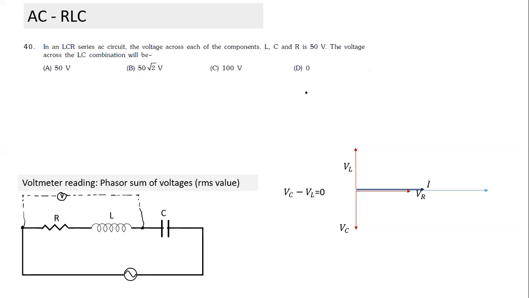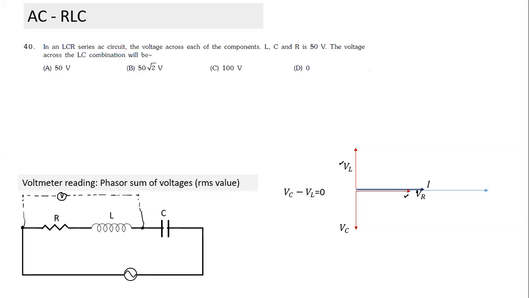How is the voltmeter connected? If you have to write in words, I would mention the voltmeter is connected across the RL combination. What will be the reading of the voltmeter now? It will be the resultant of VL and VR. Very good, perfect wording of the answer. It will be the sum of VR and VL.